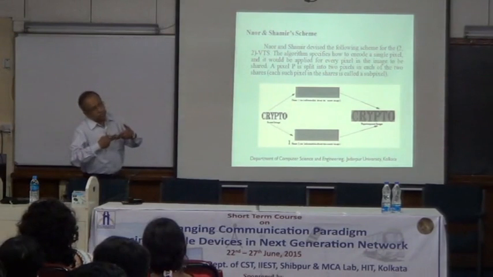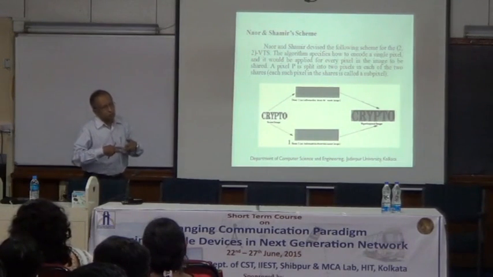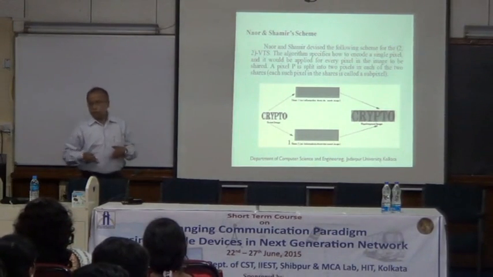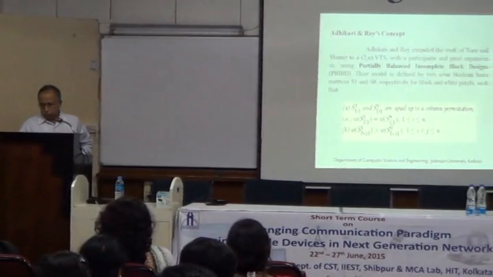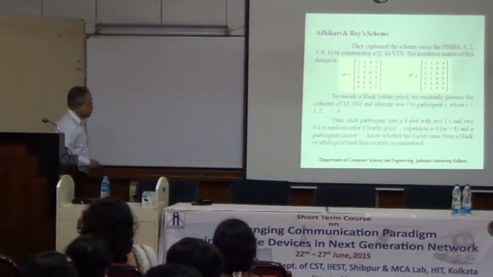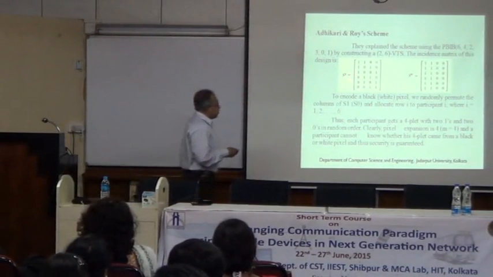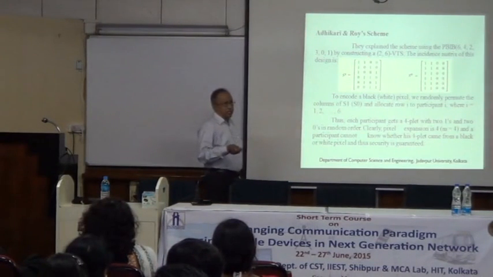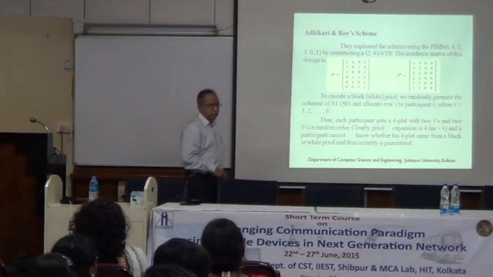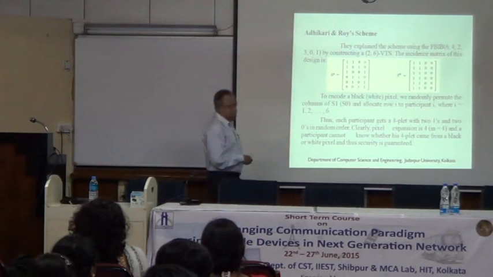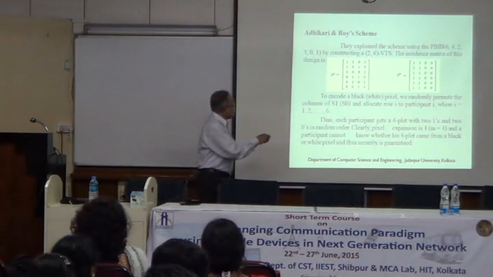Out of 6 shares, which 2 shares are taken? In some cases, you will have lost 50% contrast, as you have seen. Some cases, you suffer severe contrast loss. Go to that. The contrast. So, for every pixel, there are 4 pixels in the shares. If it is white, it is black, black, white, white in all 6 shares. But if it is black, then there are 2 white, 2 black, in any of the 6 combinations.